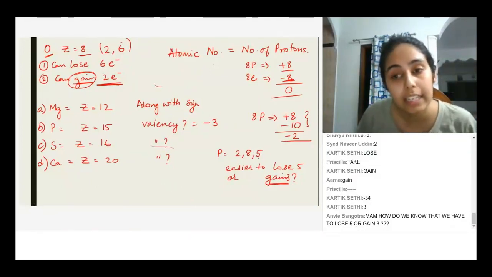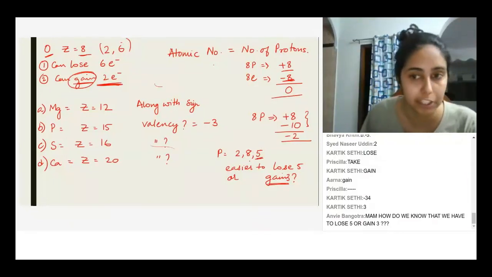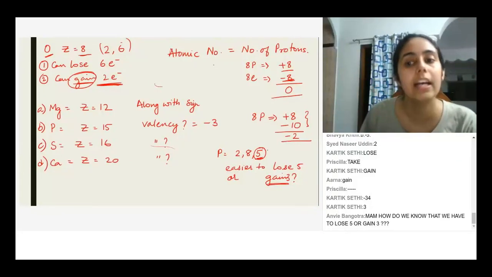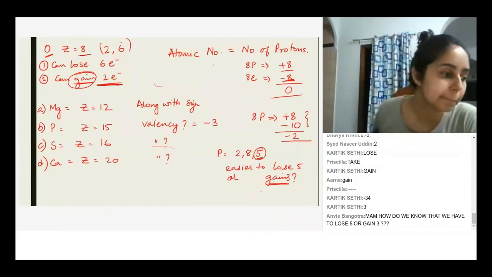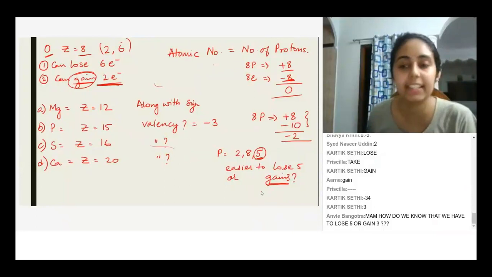Okay. So we know that phosphorus has to attain octet configuration, right? The two ways phosphorus can attain octet configuration is it either loses all these 5 electrons or it gains 3 more electrons, and then there are 8 electrons in the outermost shell. Understood? Yes, ma'am. Now, between these two options, losing 5 electrons or gaining 3 electrons, which is easier to do? Gaining 3 electrons.